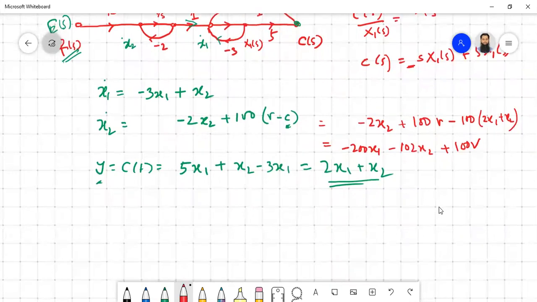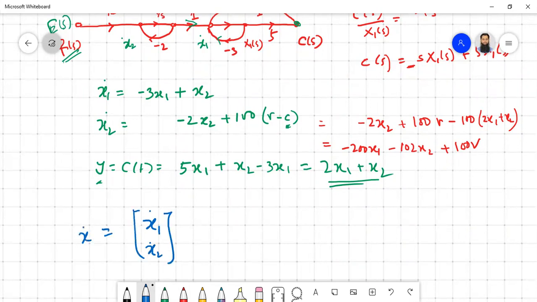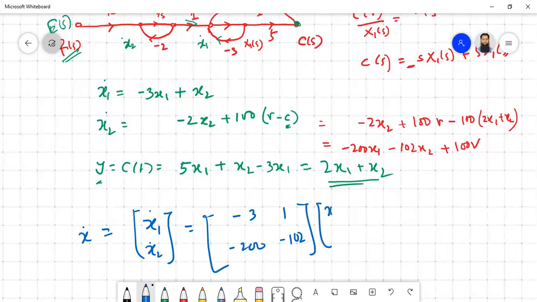And now we can simply find our state equation, that is x1, x2 dot equal to, or you can write it this way, x dot equal to minus 3 1, minus 200 minus 10 202 times x1 x2, plus 0 100 r,